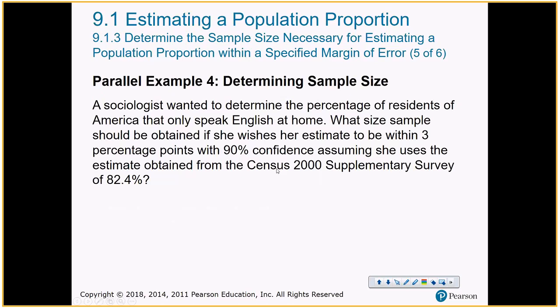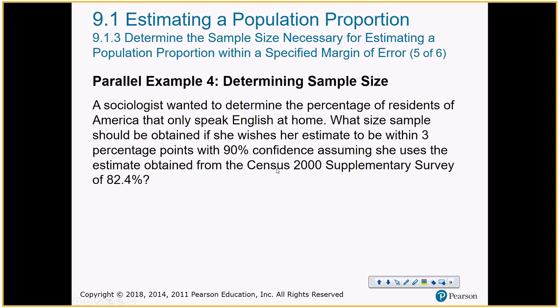If I was not from America, I would speak my native language at home, wouldn't you? And if you're from America, what are you going to speak all the time? English. So I don't understand the question. But anyway, what size sample should be obtained if she wishes her estimate to be within